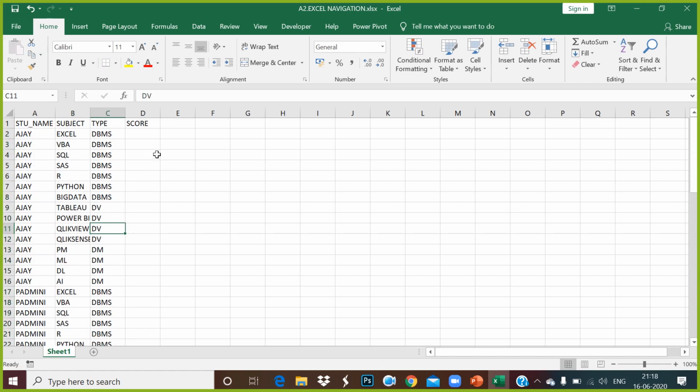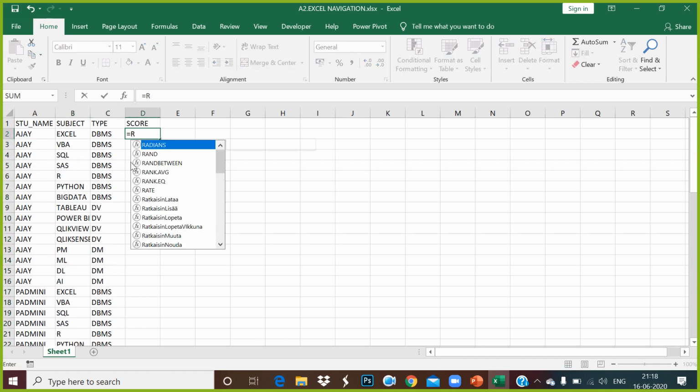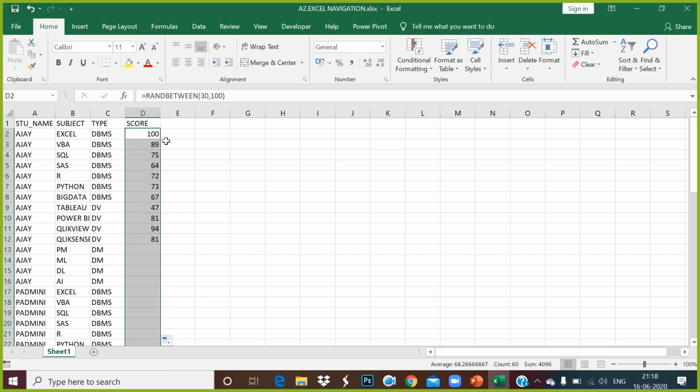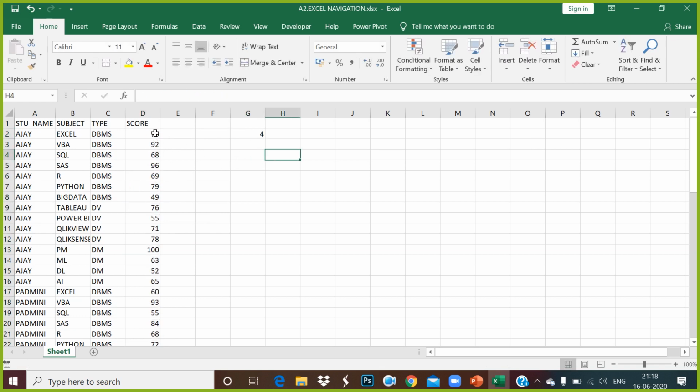Okay, guys. Now, how much did they score? Let's say I put a random number between 30 and 100 for the score they have made. So a random number is selected between 30 and 100. So this is how they have scored. Now, once I have this, what happens? Though I have taken a random number, if I do anything to any cell, the entire random numbers keep on changing. Why? Because it's a random number, so any cell getting updated, the cell value which is created with the RANDBETWEEN function is also going to change.